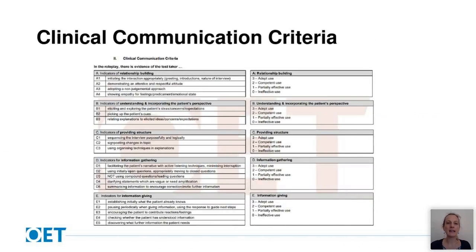So let's look now at the clinical communication criteria. So there's quite a bit of misunderstanding about these. Compared to other English tests, these are not criteria you will have been tested on before. So you are obviously used to demonstrating all of the previous 4 linguistic criteria we looked at, even before you reached testing standard while you're learning English at school, for example. But not being familiar with these clinical communication criteria is no excuse. They aren't weighted as highly as the linguistic criteria, so these are scored out of 3, while the linguistic criteria are scored out of 7.